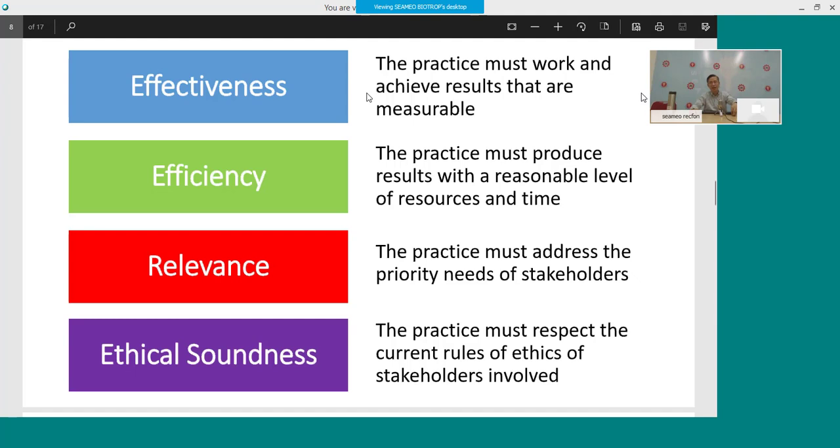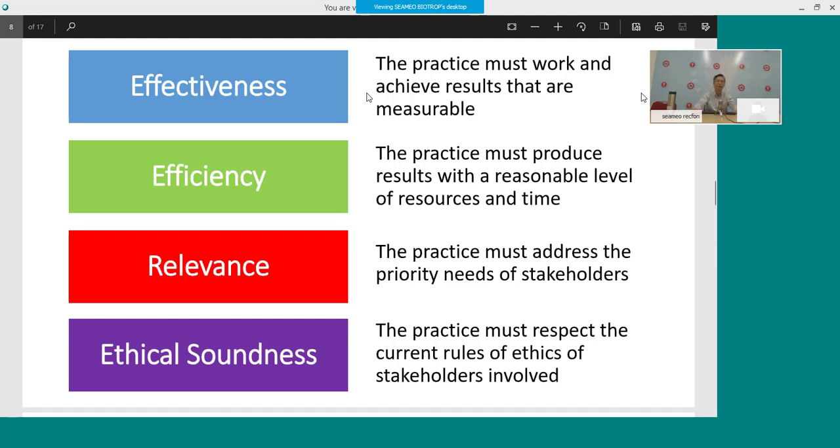How much money you have saved because you adapt this practice. So these are results that can be measured. In relation to efficiency, it also means that you can produce results from your practice